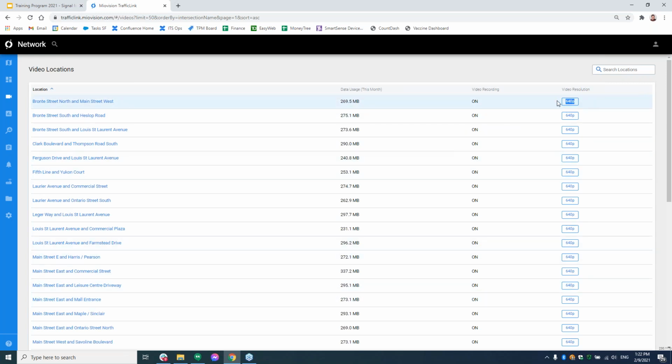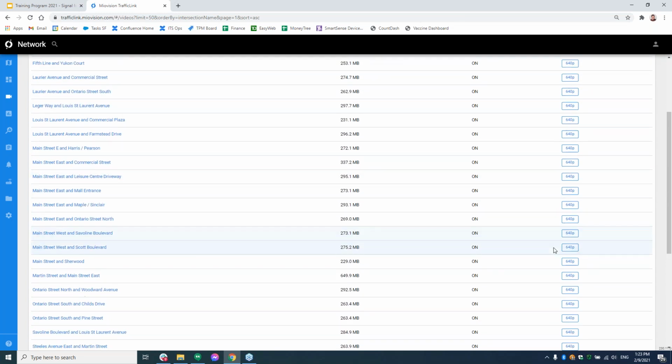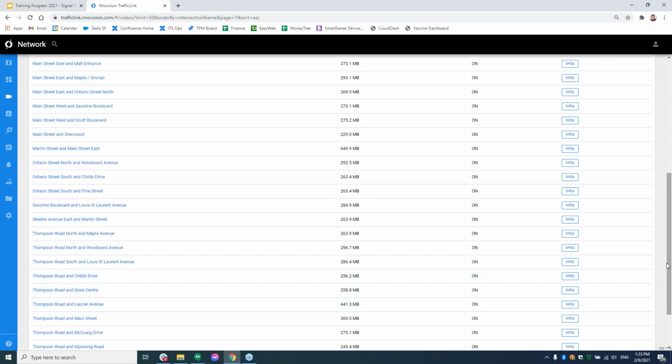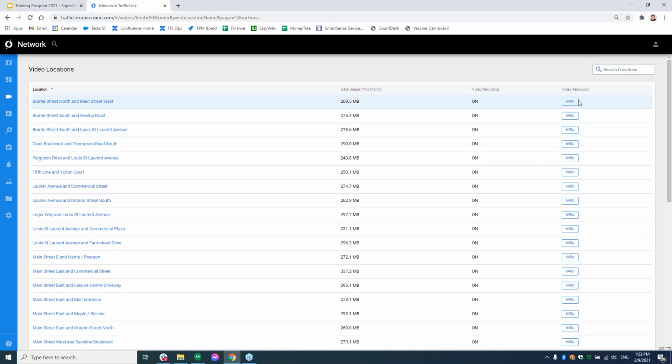But you also have this concept of video resolution. And so what we can do now is view 2 different options in video resolution. We have 640 by 640 or 1280 by 1280, and we call that our high res video. And so this right here, they're all listed at 640, but they can now be toggled up to 1280